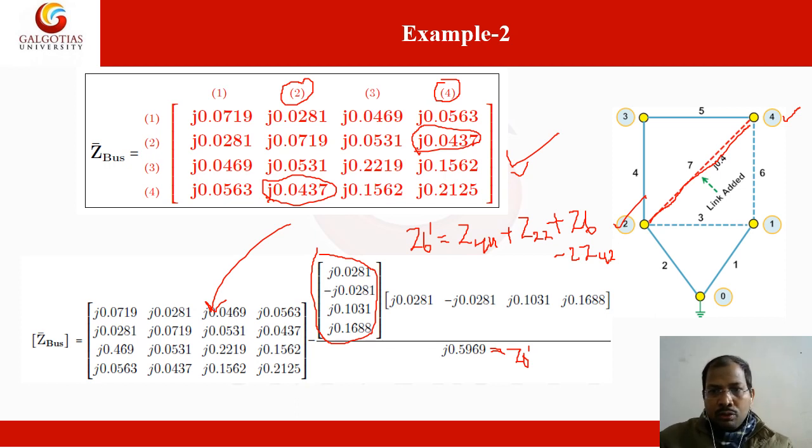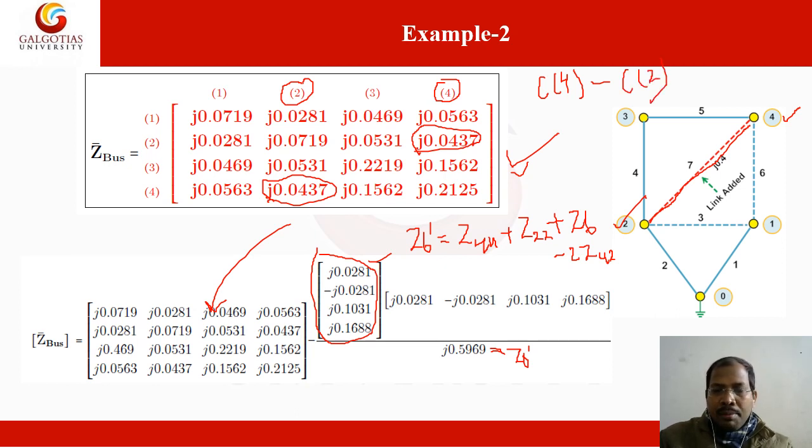It depends on you. Suppose you are choosing 2 minus 4, but in these examples they are taking 4 minus 2. So here they are taking column 4, C4 I am writing, minus column 2.